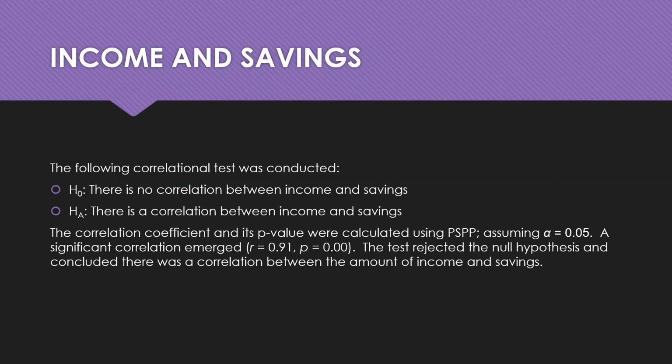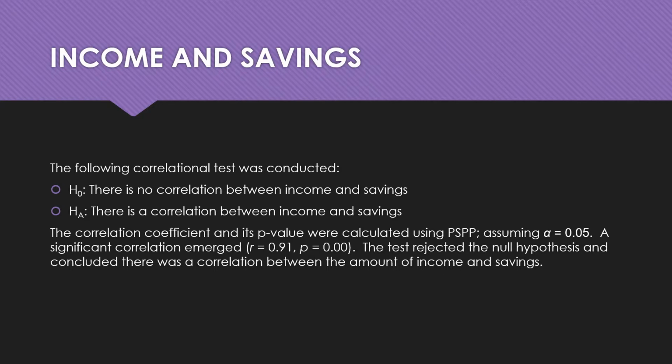So the first test is income and savings. The null hypothesis is there is no correlation between income and savings. So the alternative hypothesis is that there is a correlation between income and savings. So after conducting the test using PSPP, assuming alpha is 0.05,